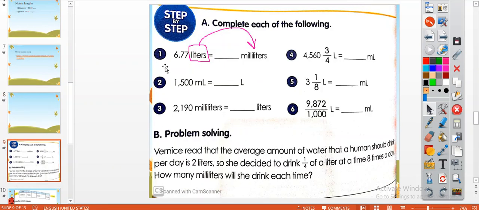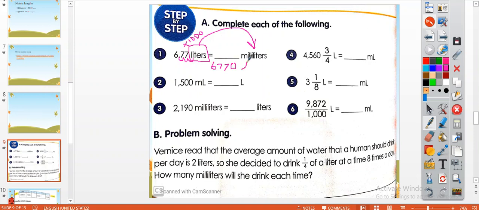Go back here. Here we go. So we're going to multiply here by 1,000, and remember we have a decimal point. So what should we do with the decimal point? We're going to move the decimal point as many times as we have zeros, 3 times. So we move it to the right because we're multiplying, and by multiplying, numbers get bigger. So 6,770